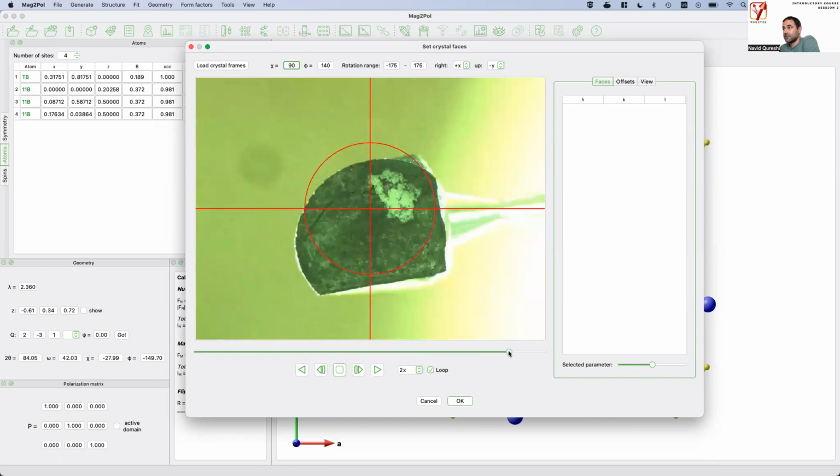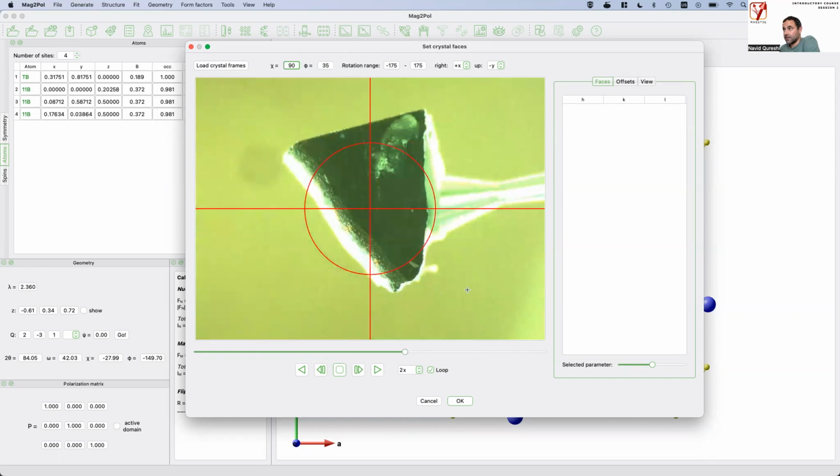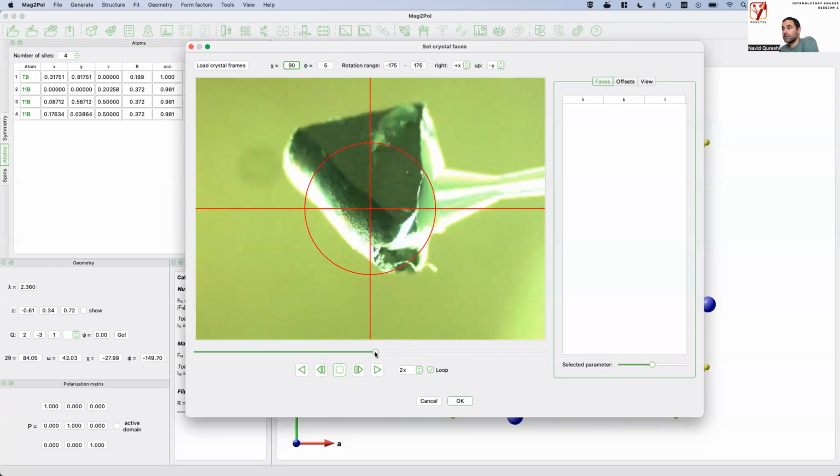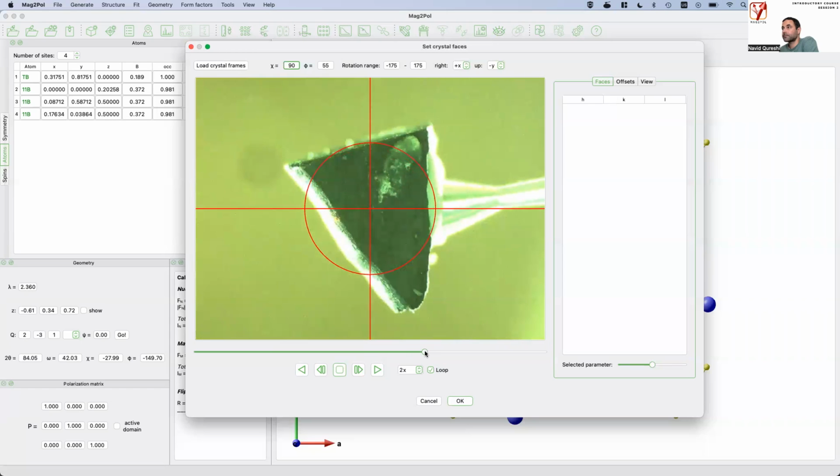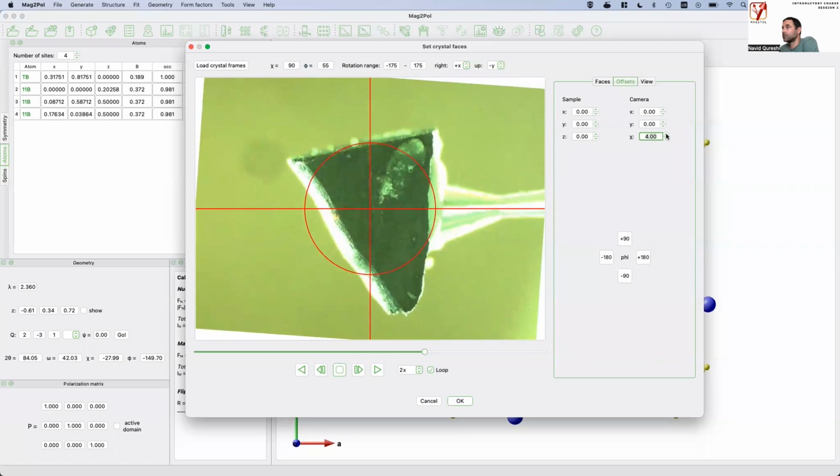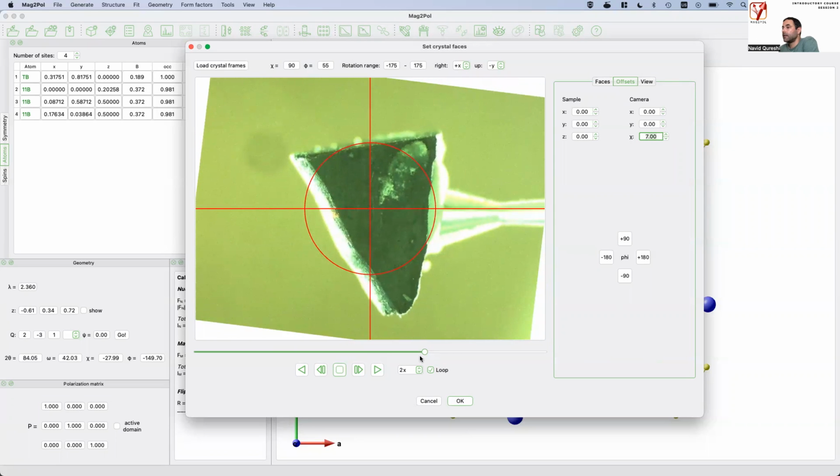First thing I see is my crystal is not centered and my sample pin is crooked here. So of course the sample was centered in the diffractometer, but the camera which we placed afterwards was not necessarily well calibrated. So I have to do this, or I can do this in the program. So first, I come to offsets here, and I will rotate this picture. And then